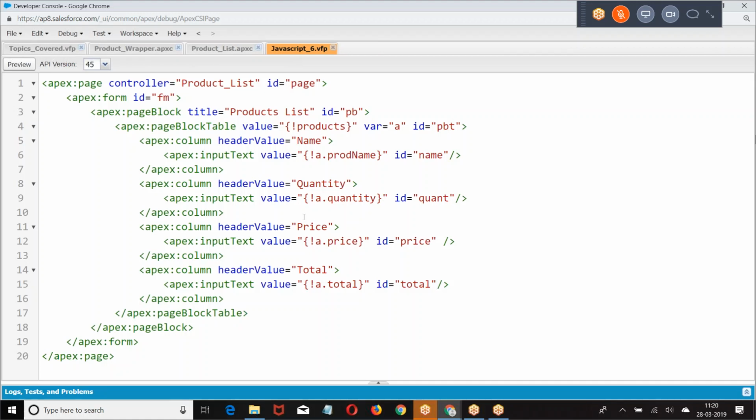Now I want to know on which row we selected. So what I'm doing here. One change. This dot.